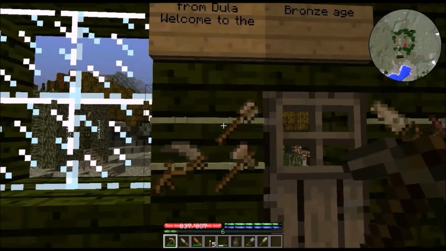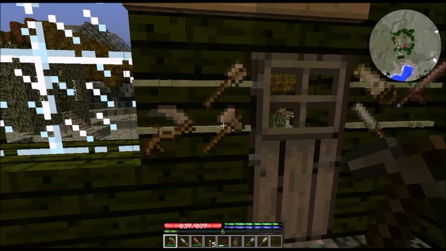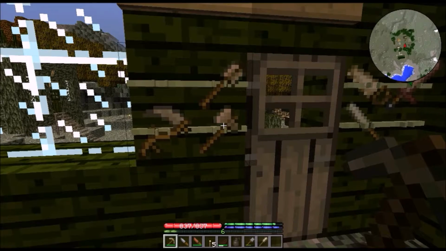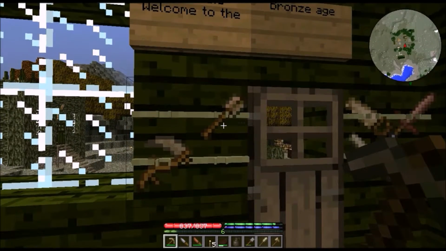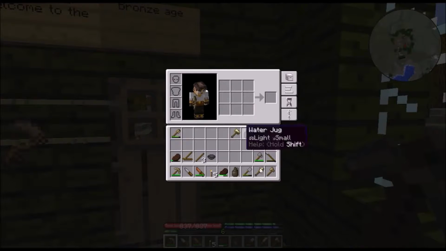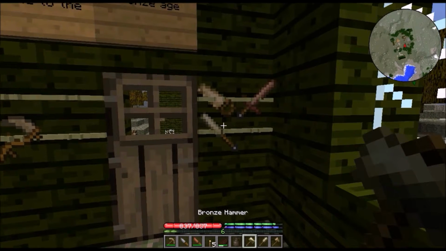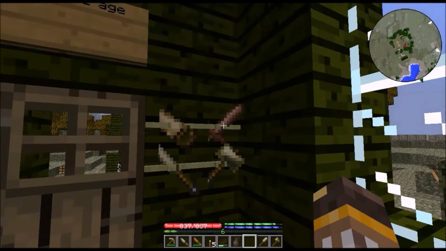Just out of curiosity, what's the difference between a hammer and a mace? I know a mace is a weapon, but what's a hammer? The hammer is used specifically with the chisel and to crush some materials. Okay, so I don't need the hammer. Right. I'll bring my hammer and chisel, and that way, like I say, we can only lose one